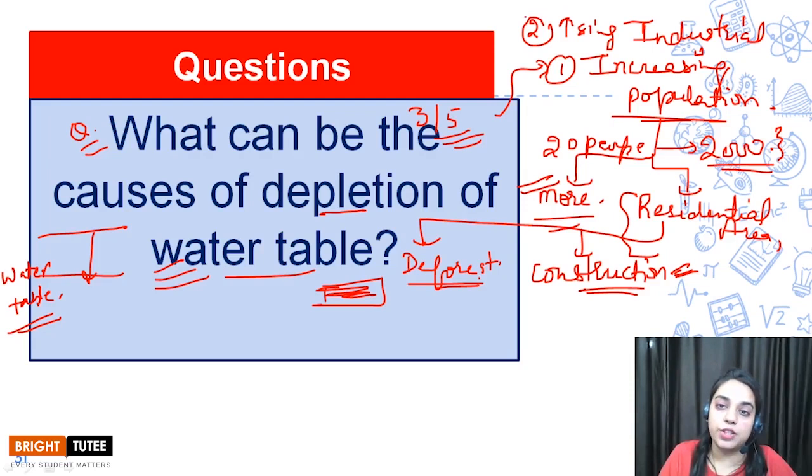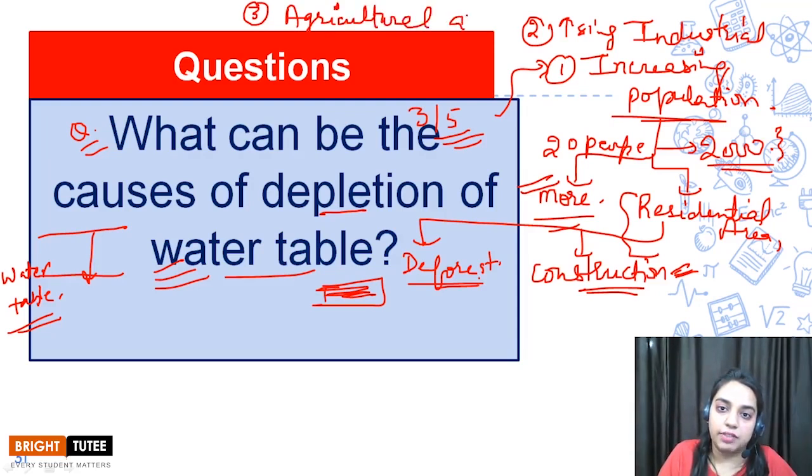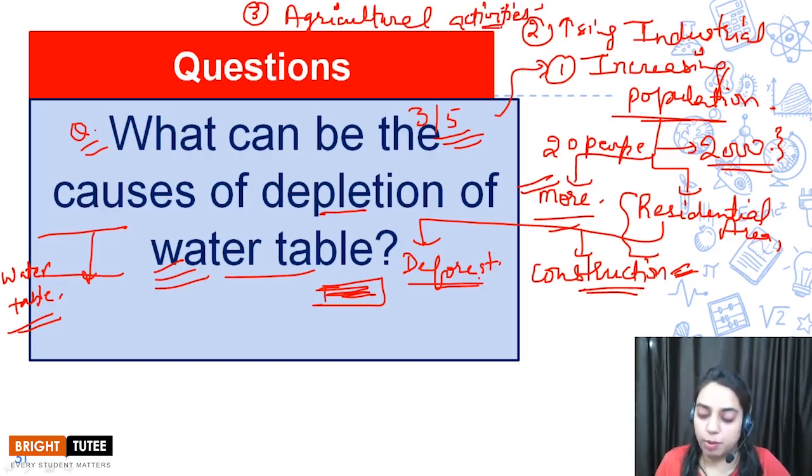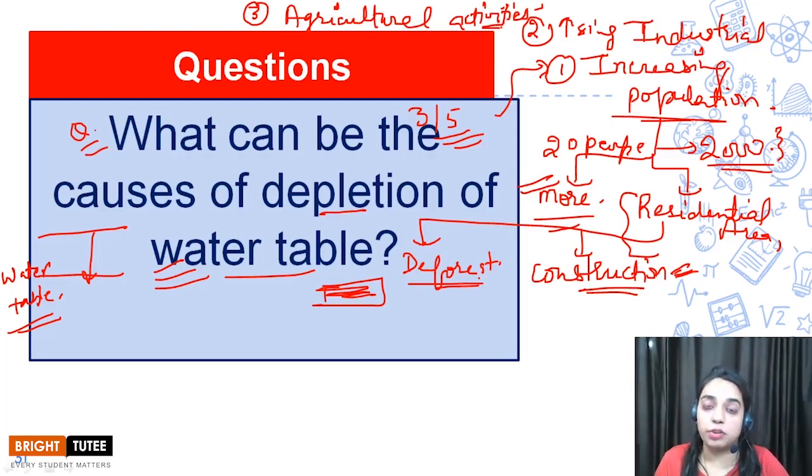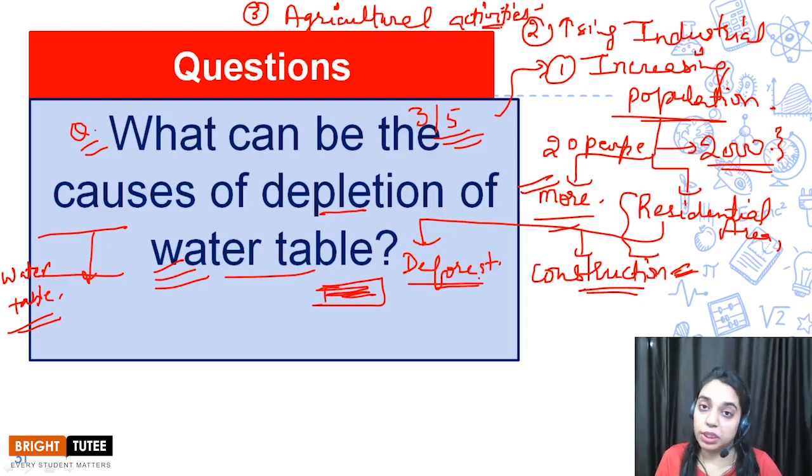Then the third point children, which is responsible for water table depletion, is agricultural activities. You also know that this is again related to the increasing population. With ever increasing population, there is a pressure on the agricultural sector to create more and more crops, more yield, right? And for this we will be requiring a large amount of water, because